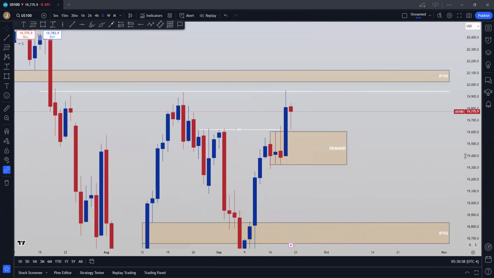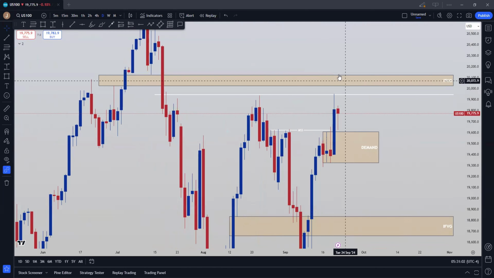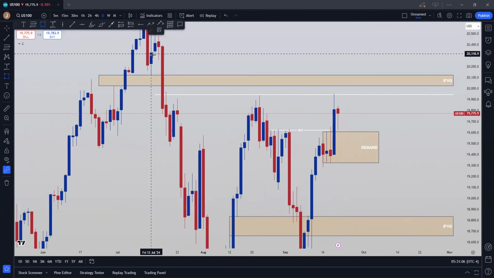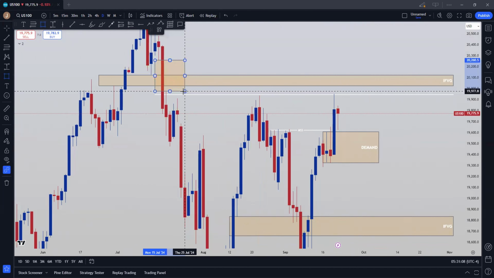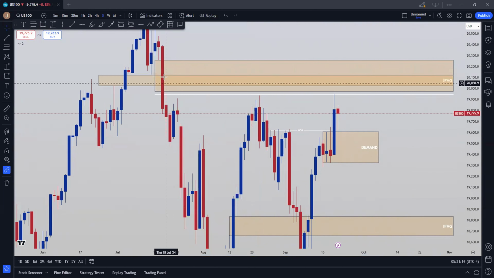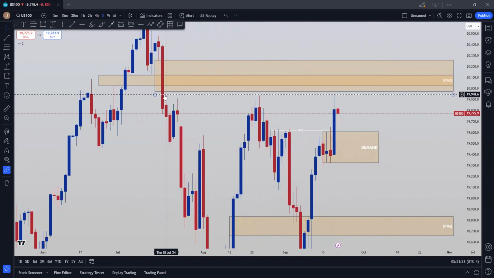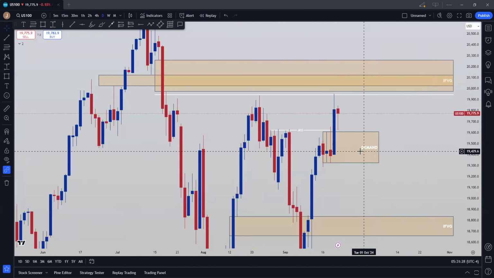What I would like to see happen is price come all the way back up into my inversion fair value gap, right? But one area you also need to take into consideration is that fair value gap we created over here as well on the daily time frame. Once again, untested. We did have a close below, we created the fair value gap, and we never came back for the retest right over there.